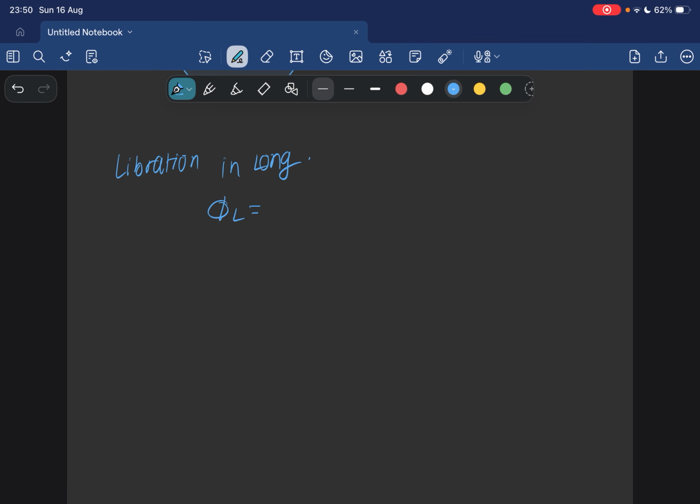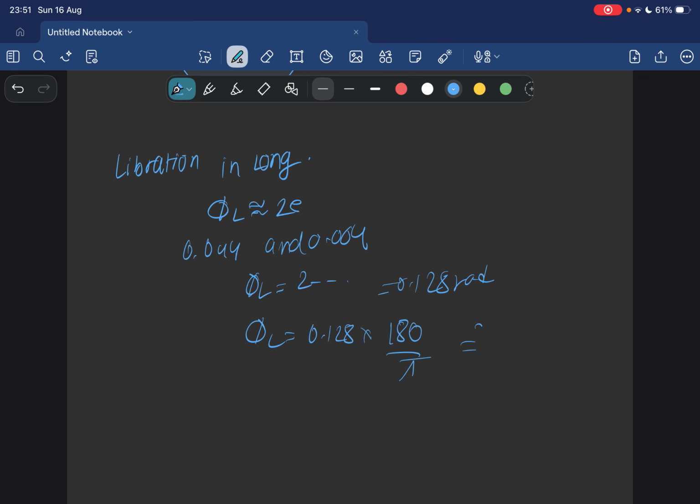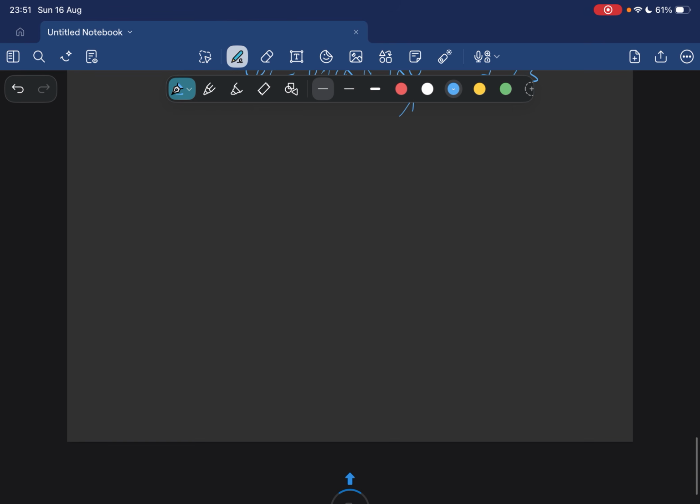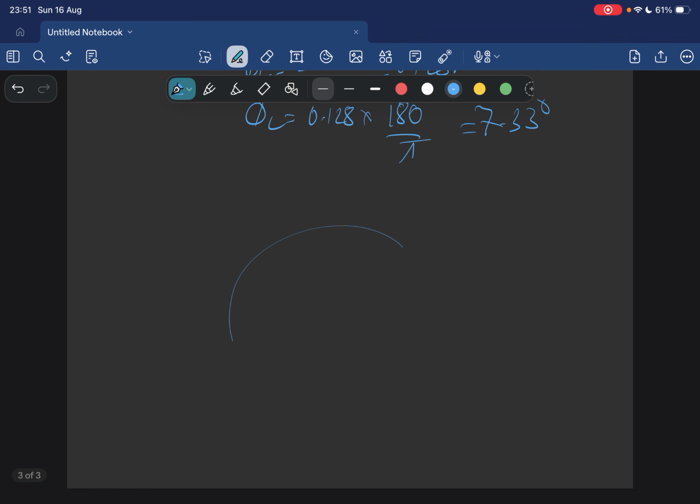for maximum libration it is 2 times the eccentricity. The eccentricity changes between 0.044 and 0.064. We take the maximum value for the maximum libration angle, so 2 times this is going to be 0.128 rad. Therefore phi L is going to be 0.128 times 180 over pi to calculate it in degrees, maybe 7.33 degrees. So in fact, a geometrical one, suppose this is it, right,